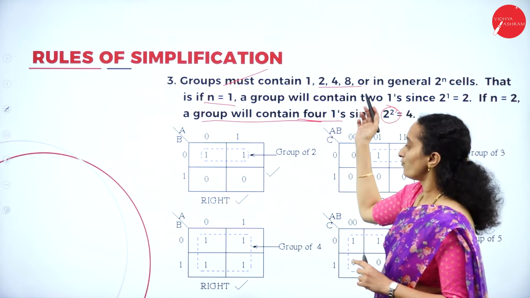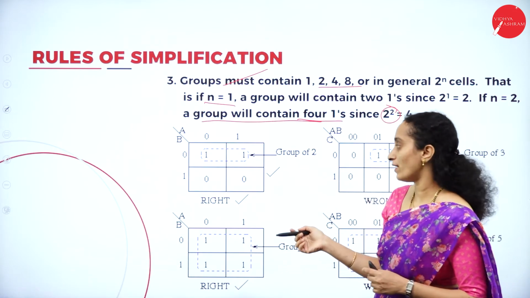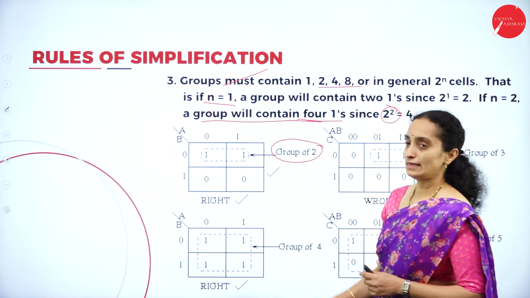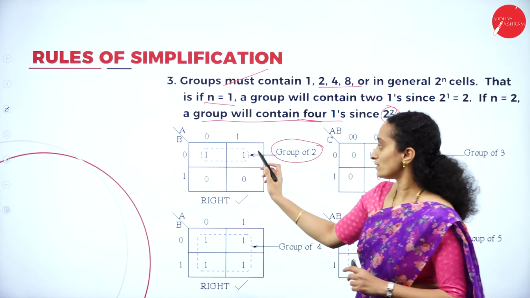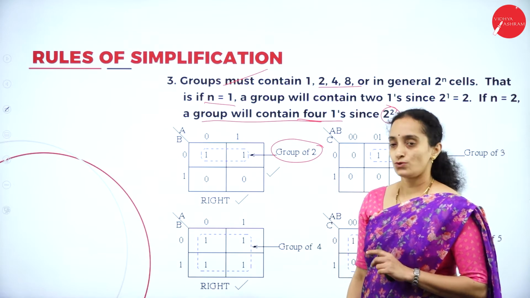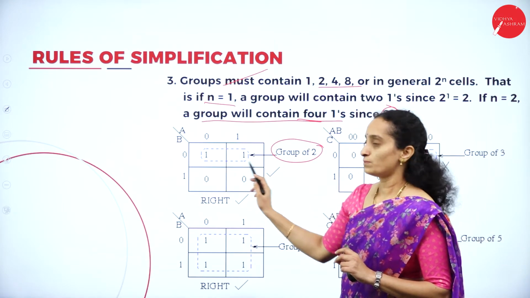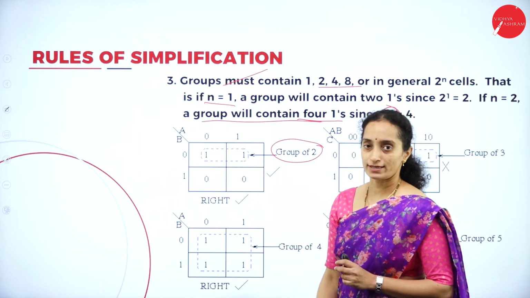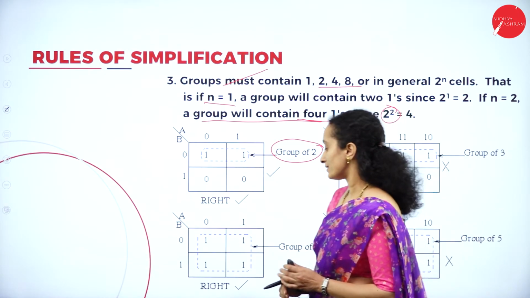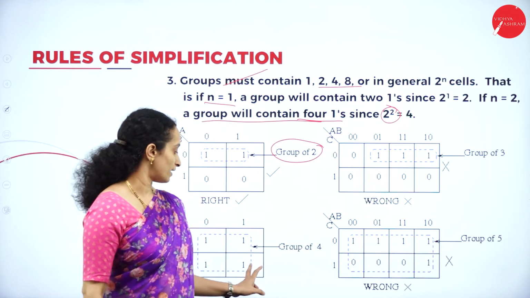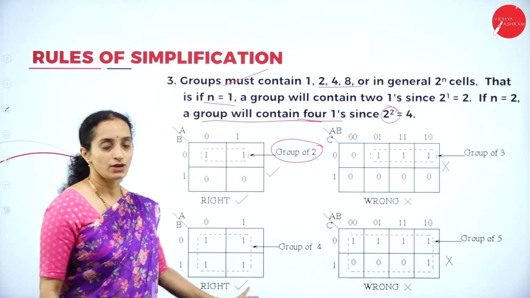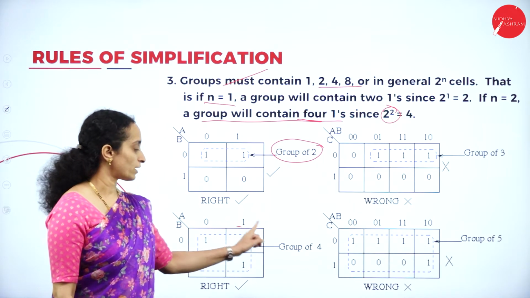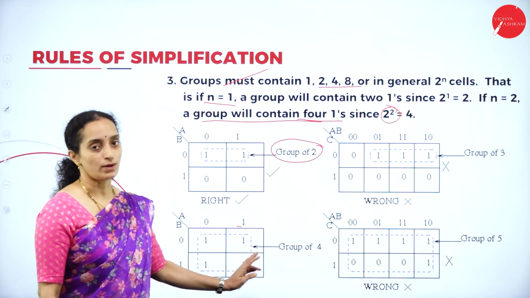Okay, 1, 2, 4, 8. You can have these many number of ones. If you have 2 numbers, you can group the cells using the second rule and the first rule, all the ones either in a horizontal or vertical manner. All right, if you take another example, here we have 4 ones in all the cells. There is 1, so you can make a group of all the ones.